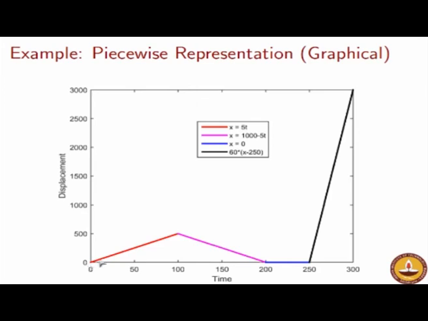my home is here, so after having gone half a kilometer from my home, I start coming back, and since my cycling speed in the backward travel as I am traveling back home is again the same, in the next 100 seconds I actually reach home, right. So this is the case of my forward travel which has happened over the first 100 seconds. I reach half a kilometer and then I realize, oh God, I have forgotten the keys of my office. So again I come back and I reach my home in exactly 100 seconds.